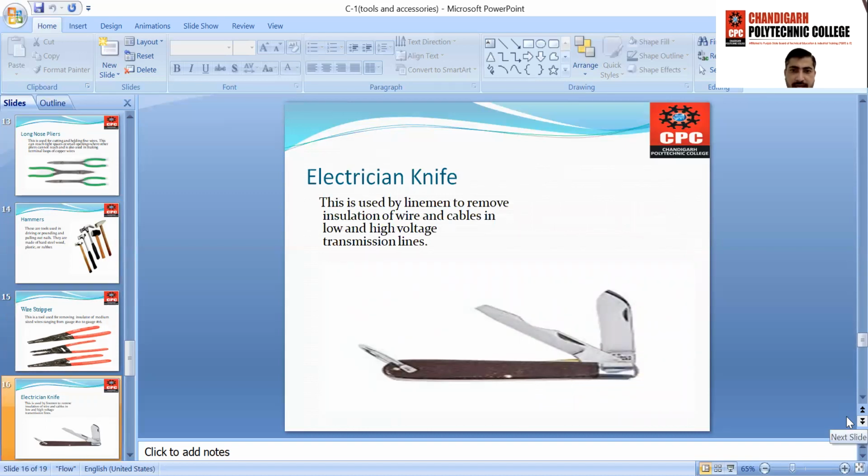This is used by linemen to remove insulation of wires and cables in low and high voltage transmission lines. This tool is used for multiple purposes. As we see, it has a small tiny cross-headed screw tip, a cutter, and a filing gauge. It is a multi-purpose tool for an electrician or lineman.